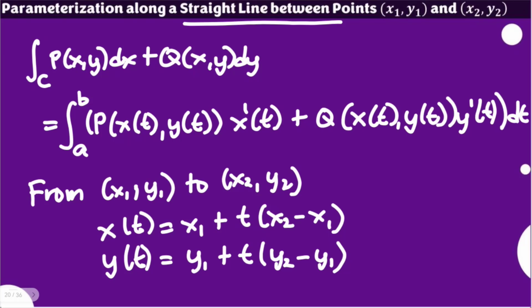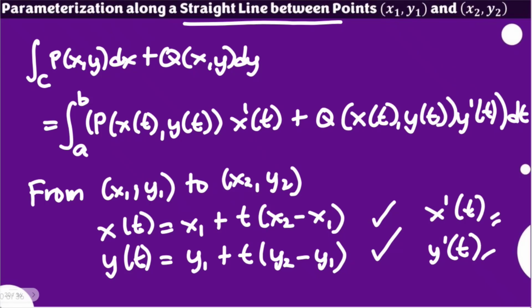Okay, so after this, whatever your x sub and y sub values are, you can get the equivalent functions, and with that you can also solve for your x prime of t and y prime of t. You're going to need this as well because in your formula you have this and that here, and this will also be used for your function, whatever that function would be, for both p and q.